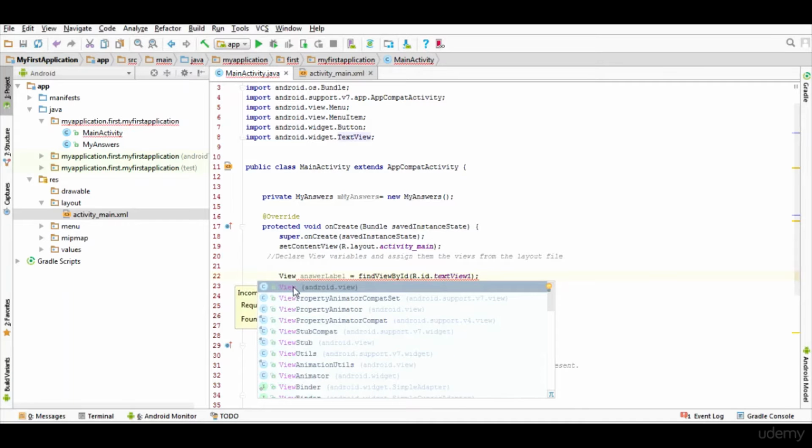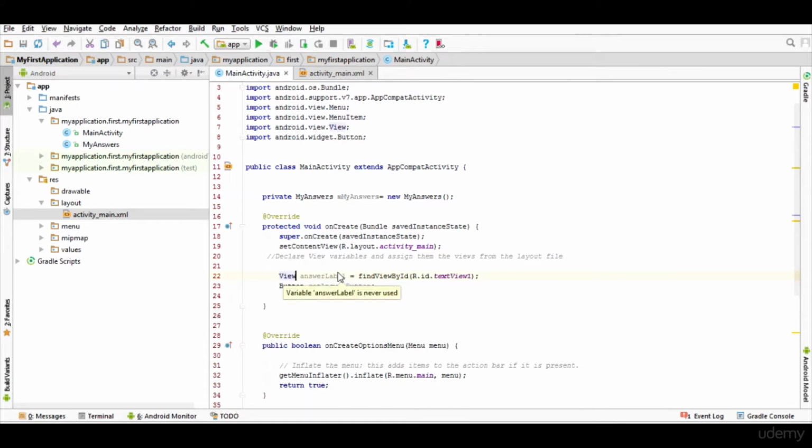So if I replace it with a View, see, my error is removed. But does it solve our problem? No. The error goes away, but it doesn't fix our problem. So how can we fix it? TextView is a kind of View, a subclass of View, which we can handle with something called a cast. So what is a cast? A cast allows us to say that one data type, in this case the View returned by the method, can safely be cast as another data type.